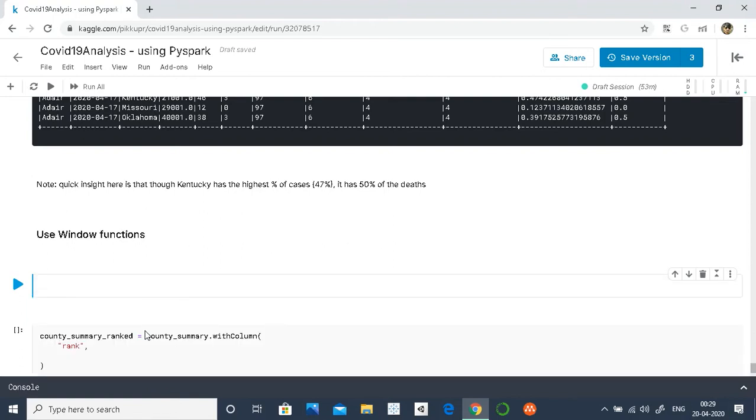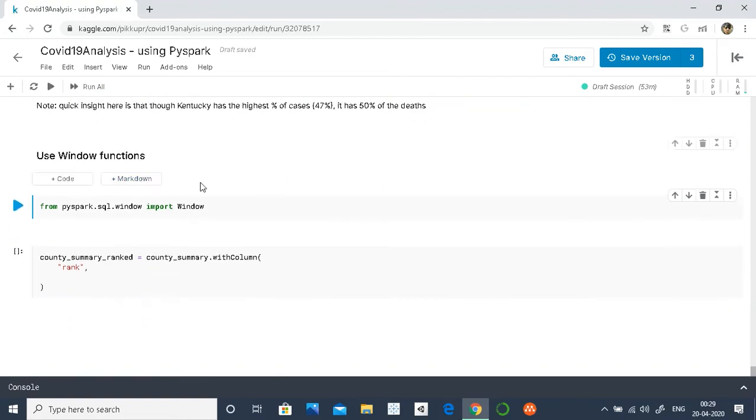But before that, we will have to import the window function. It resides in pyspark.sql.window, and from there we will import Window. This is the function which we require. Let me print a few records here.